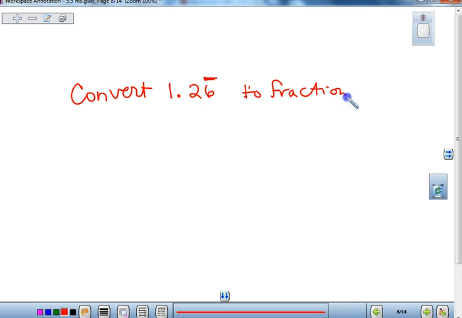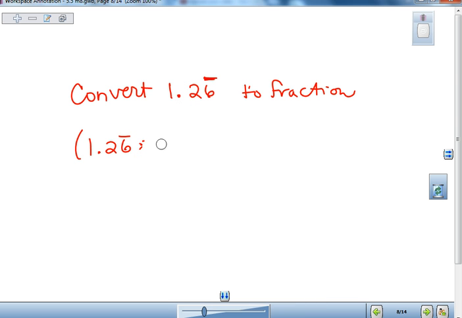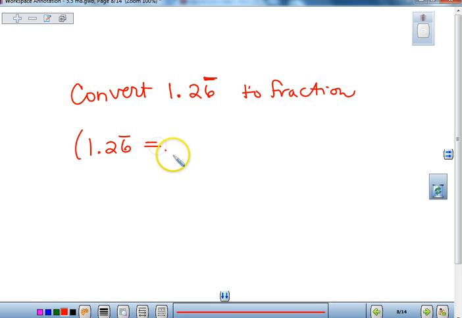Now, if I am doing this, the key thing is, remember, since I only have one number that repeats, I want to think 1.2 with the 6 repeating. One number repeats, so 10 to the first, I'm going to multiply it by 10. So the first thing I want to start off with is that my fraction, f, is equal to 1.26 repeating. Then I'm going to take it times 10, so that I get 10f equals, I'm going to multiply this by 10, that means move the decimal over, and I end up with